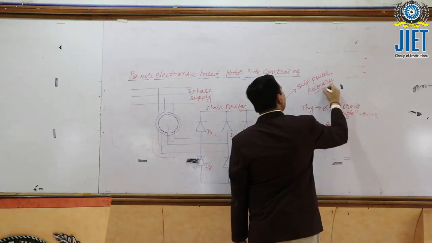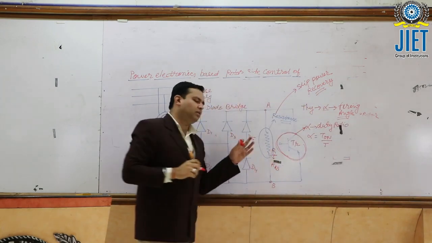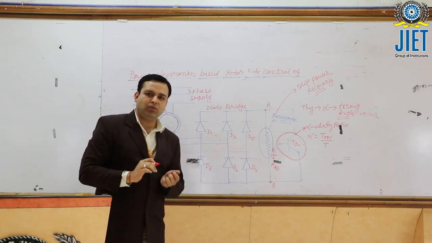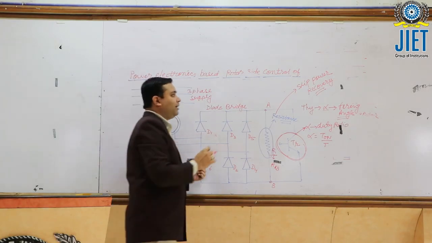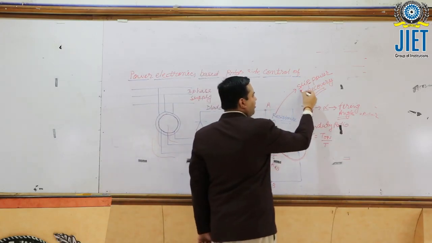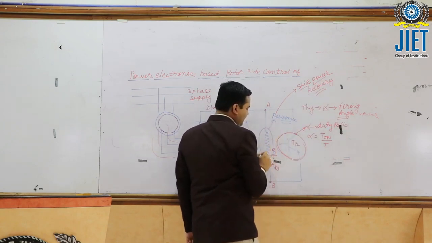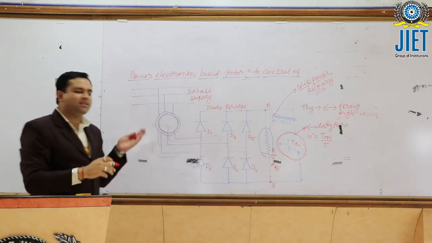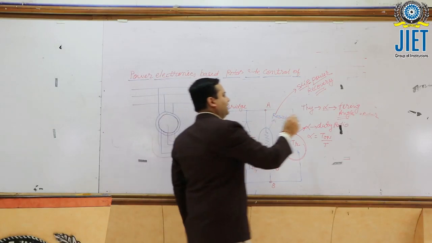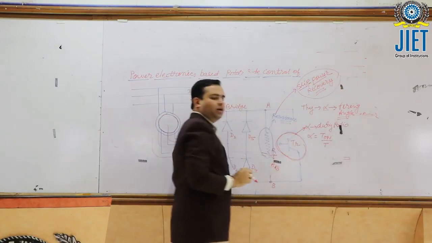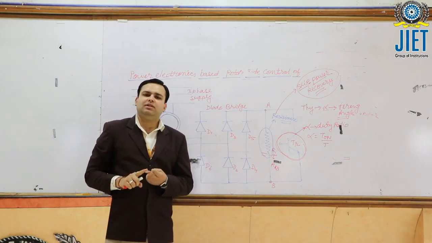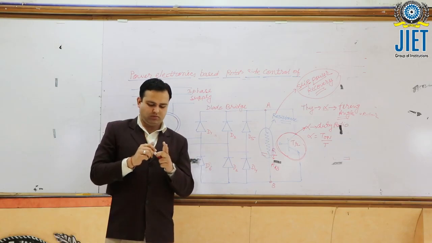What does it mean? As the name indicates, the rotor energy which is wasted during the speed control of the induction motor is utilized again, and that particular term is called slip power recovery. The slip power which is wasted during the rotor resistance control is utilized, and that is the reason the term is known as slip power recovery. We have two configurations of slip power recovery. The first one is the Scherbius drive, and the second one is the Kramer drive. That we'll discuss one by one.